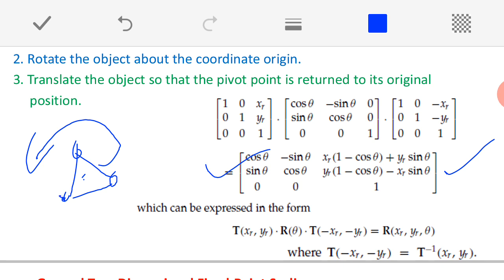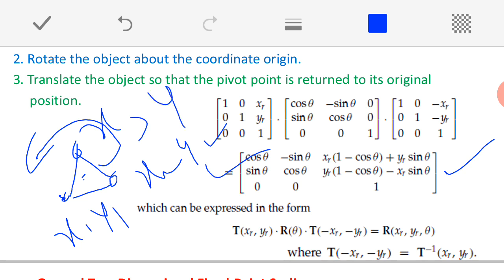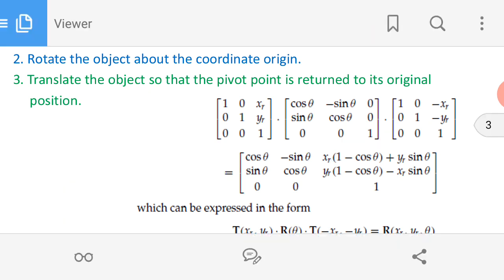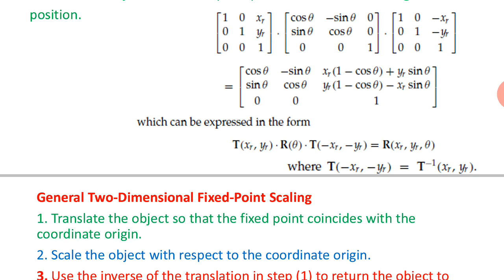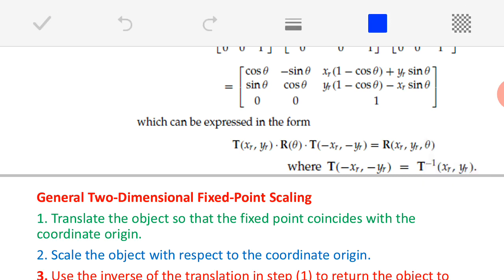Okay. So, if this is x1 y1, this is x2 y2, this is x3 y3, then x1 y1 will be multiplied with this matrix, x2 y2 will be multiplied with this matrix, x3 y3 will be multiplied with this matrix. Then automatically I will get a new rotated object. Okay. The same thing has been written in terms of the notations over here. You can observe here. First, I am going to perform the translation in such a way that the pivot point should overlap with the origin.